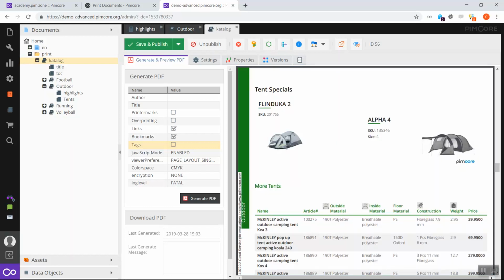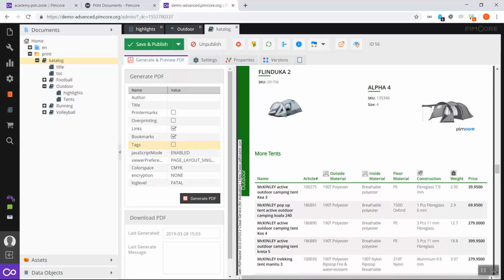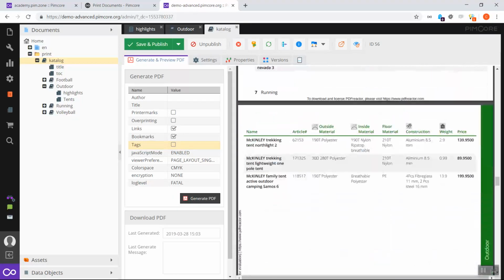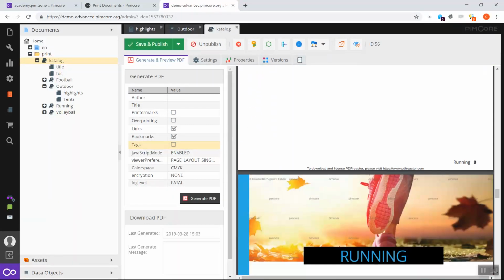And of course you have also the possibility to then directly jump to the content and really provide a full-featured